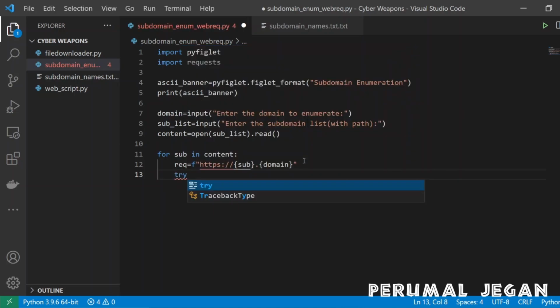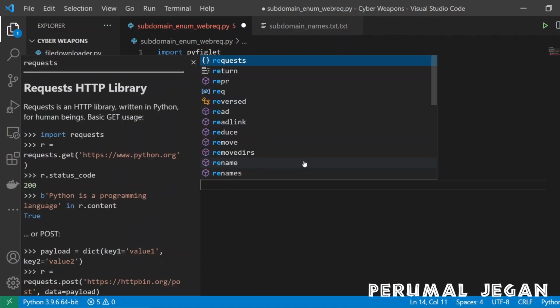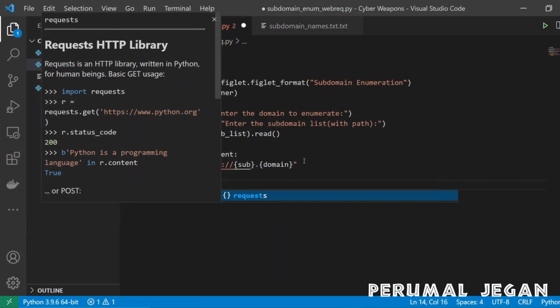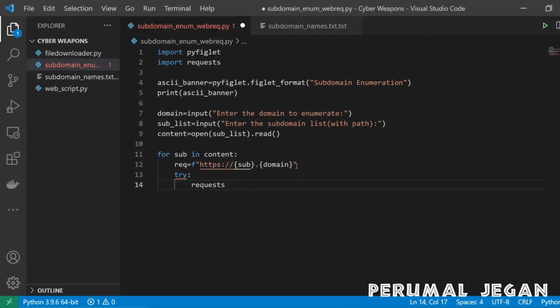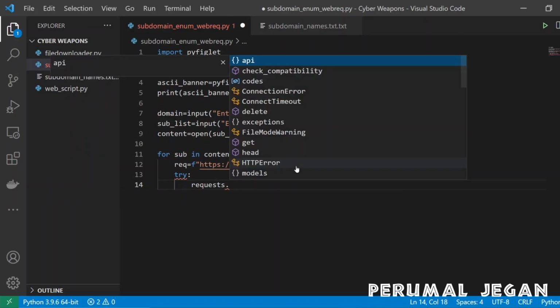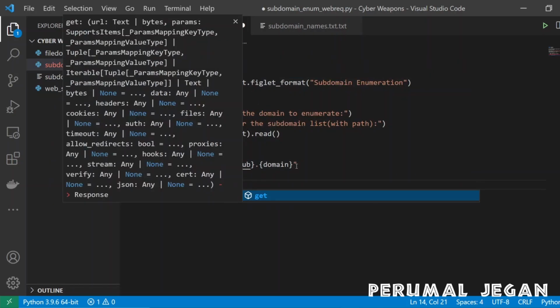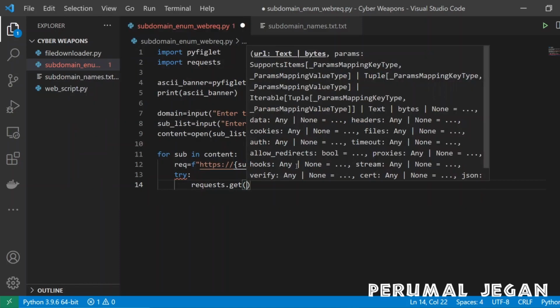So I'm writing the try statement. Inside the try statement, I'm gonna try that particular URL, and I'm calling the requests library dot, I'm sending the get request, the get function I'm calling.